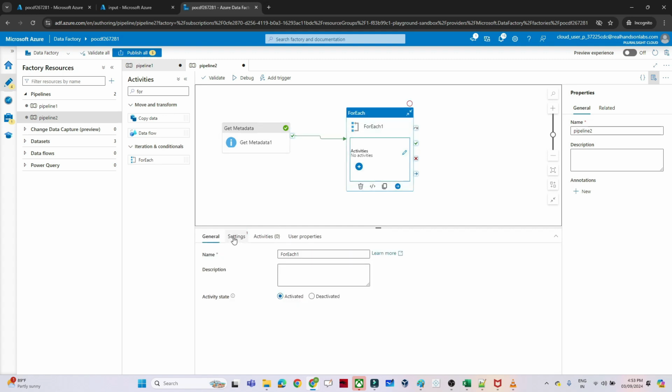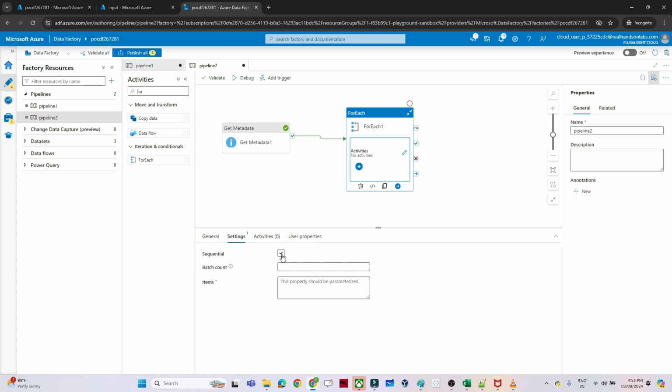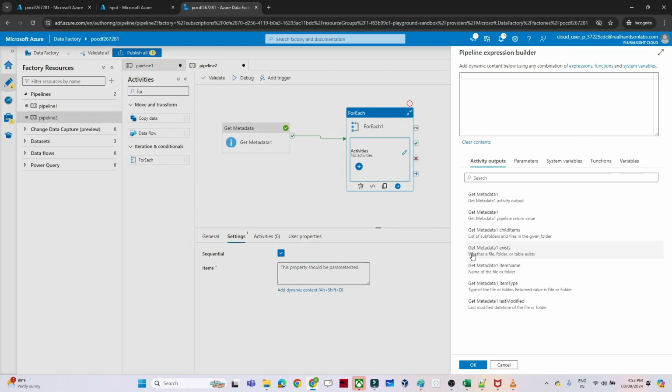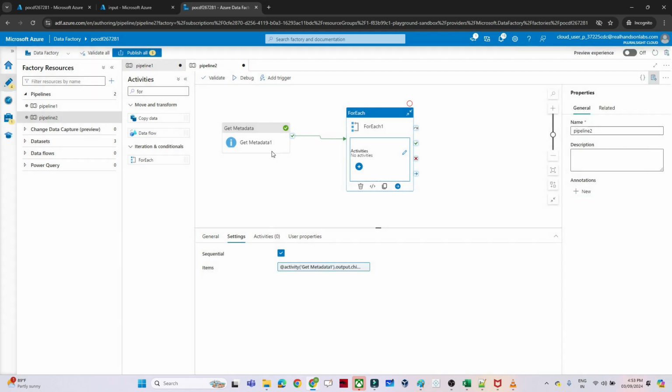Now in the settings, we first have to select sequential. In the items, whatever output we are getting from this get metadata, we will select that. So I'll click on add dynamic content, and from here we will select the get metadata child items. You can see get metadata dot output dot child items. So whatever output we are getting from this get metadata, we are passing into the for each activity. Once you click on this for each activity, in the settings, in the items, you have to mention this